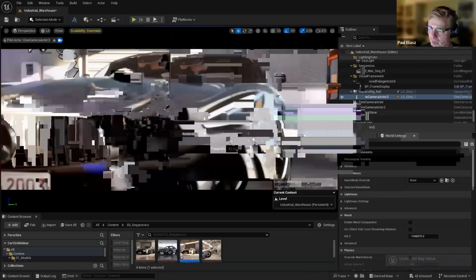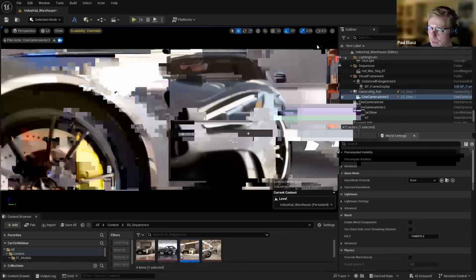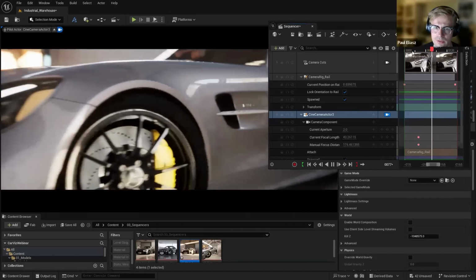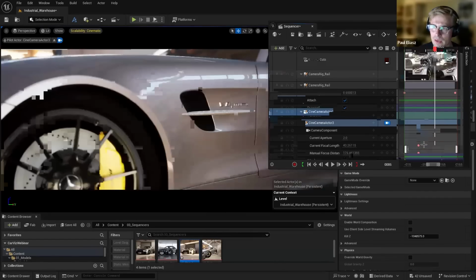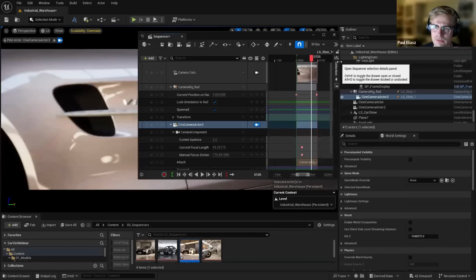Obviously, you can also keyframe not just the current focus, but also, let me just make it a little bit bigger, you can also change your manual focus distance. Every time you move around, as you can see, your shots are looking great. And of course, you can smooth your movements to make them a bit slower if you wanted to. So if I make this bigger,